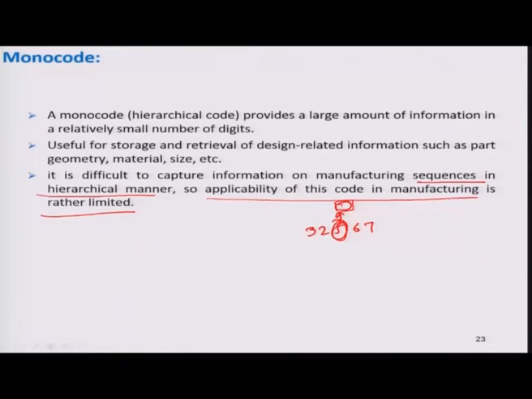If you want to make some changes in your part, you will have to change your code also, but since this code is dependent on the previous one, you will have to change your previous machining operation again, so it is very difficult.